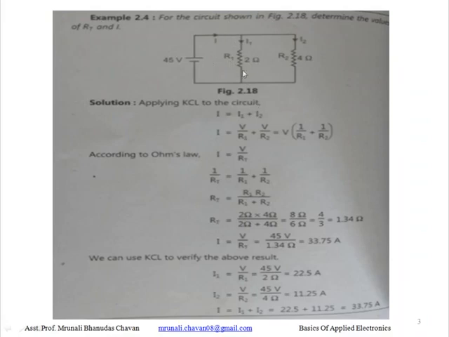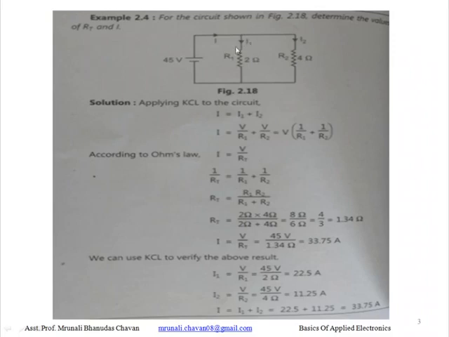आपल्याला या ठिकाणी RT टोटल रेजिस्टन्स फाइंड आउट करायचा आहे आणि सेरीज करंट I फाइंड आउट करायचा आहे. आणि मग यूजिंग KCL we can calculate the I1 and I2 also. So let us see, if we apply KCL to the circuit, या सर्किटला जर आपण KCL अप्लाय केला तर काय होईल? KCL काय स्टेट करतो? ॲट नोड, ॲट दिस नोड.